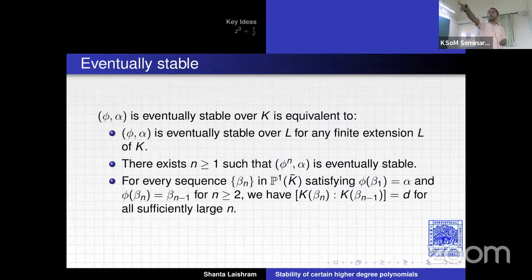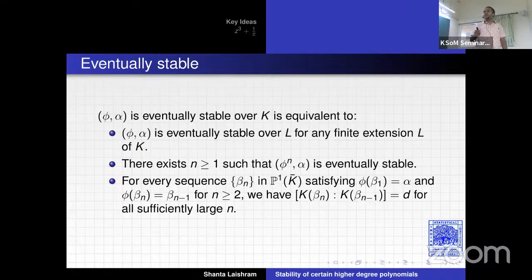This is also equivalent to the fact that for some n, phi n of alpha is eventually stable. And another equivalent condition is that for every sequence beta 1, beta 2, beta 3, etc., satisfying phi of beta 1 is alpha and phi of beta n is beta n minus 1 for n bigger than or equal to 2,